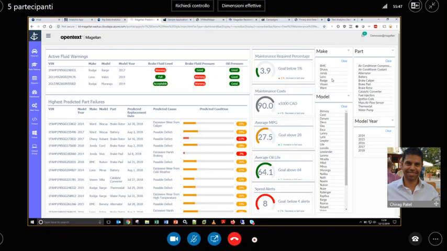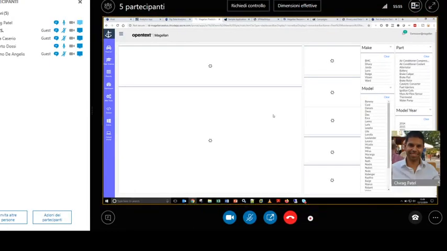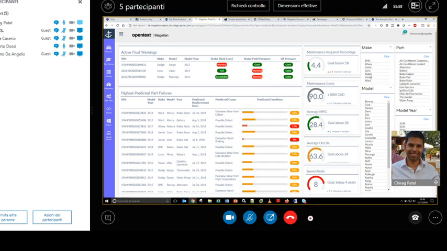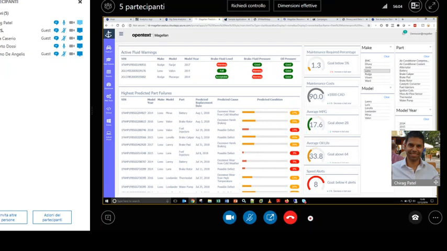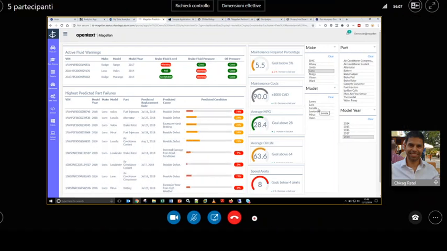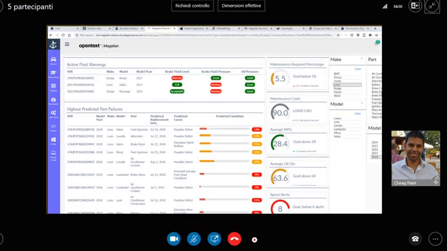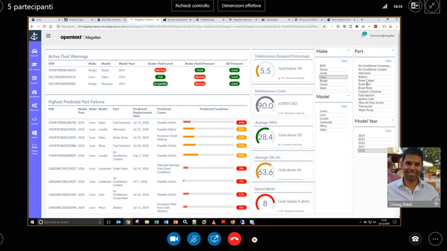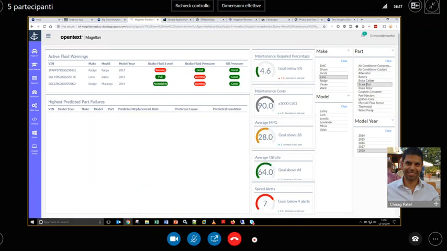We've got filters on the right hand side. So for example, if I wanted to look at a particular make, let me just refresh this. The idea is that all of these dashboards are completely engageable, so you can click on something and it will filter the data based on that, and we can look at the model year, for example. So whatever filters you want to filter the data on, it might be you want to look at brake pads, and you want to understand how many brake pads you need to order for the following 28-day period for next month coming. So based on this, you'll be able to determine how many vehicles need to come in for brake pads. It doesn't seem like there's many, but